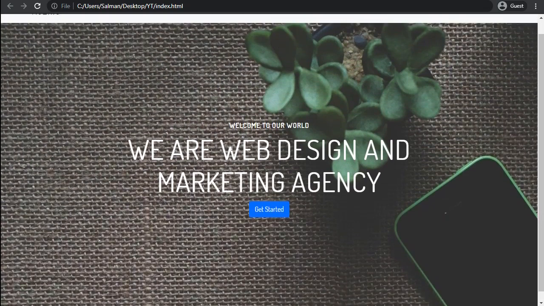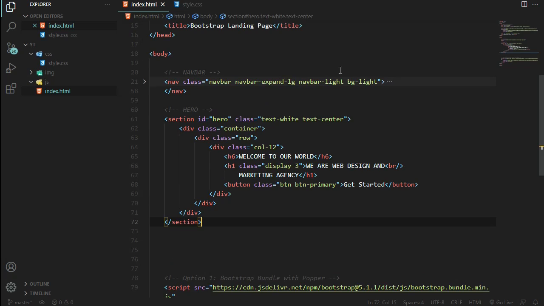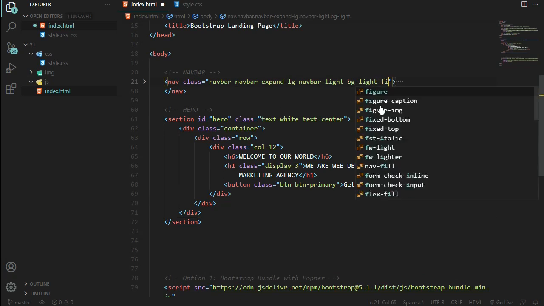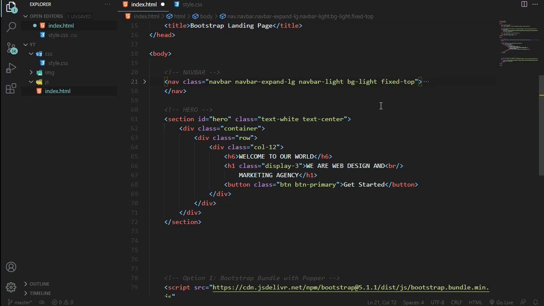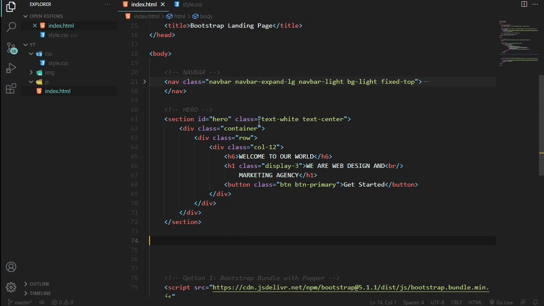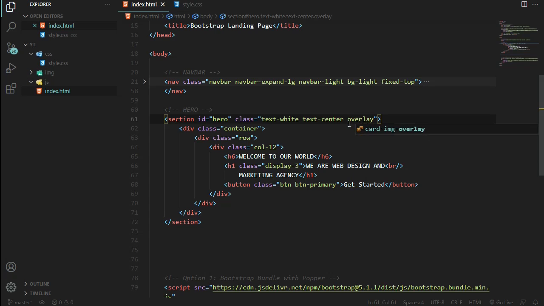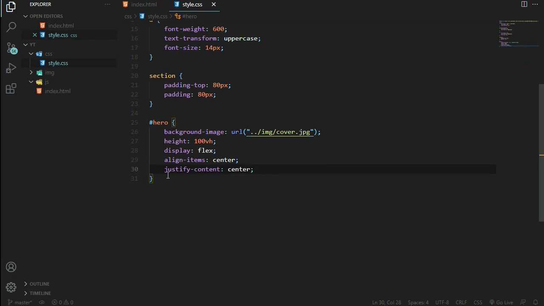So as you can see, when I scroll down, the navigation bar is not sticky. So I'm gonna add a class of fixed top, save it. Okay, now this navigation bar is now fixed. So I'm gonna create an overlay at the top of this hero section. Okay, so I'm gonna give it a class of overlay. Okay, and I'm gonna select